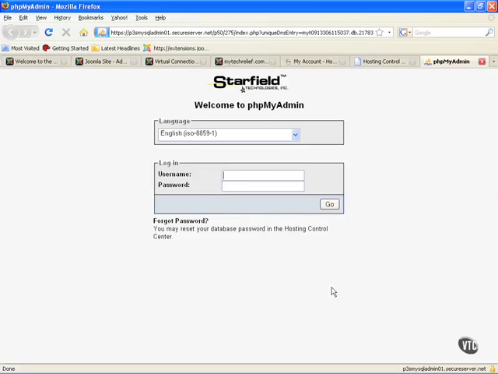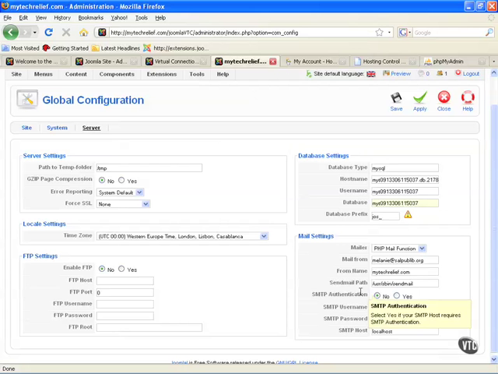Except on my local install, remember I used XAMPP. I typed in 127.0.0.1 and used XAMPP to manage it by phpMyAdmin. Here I just type in my username and my password and I can edit my database there also. If you've forgotten what the database name is or you don't remember, this is the place we're going to look,